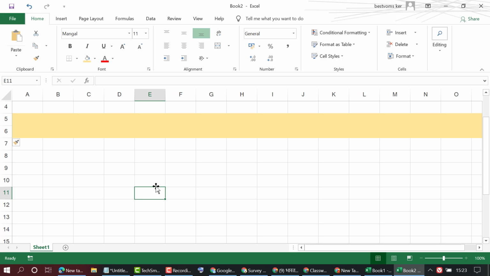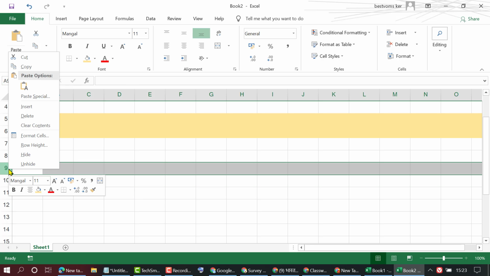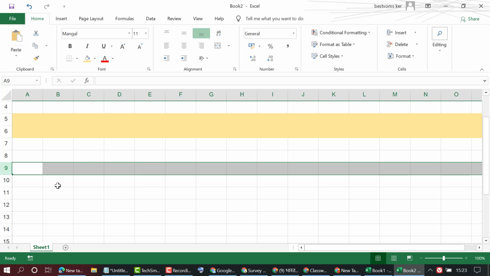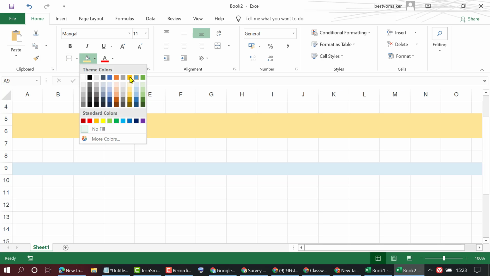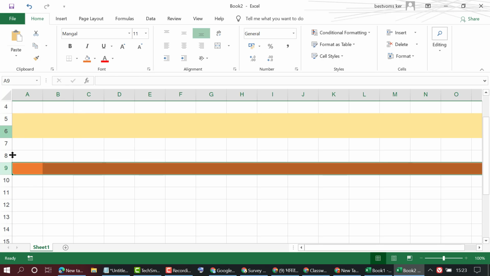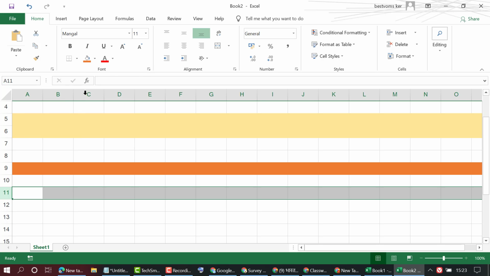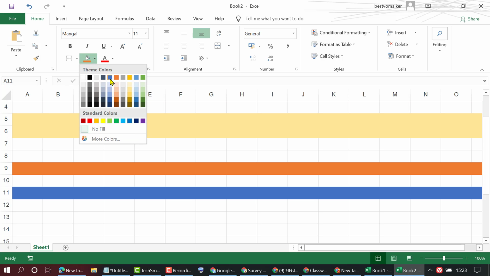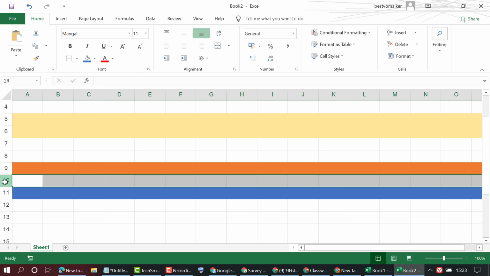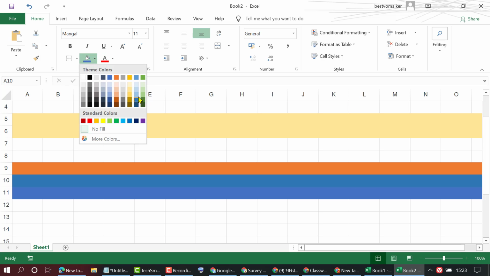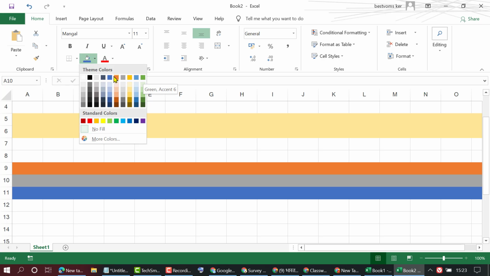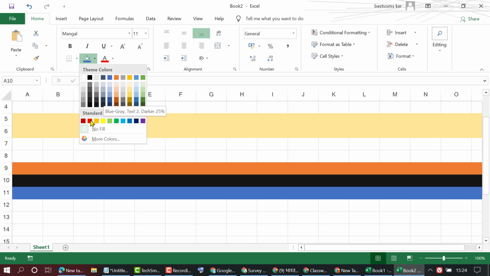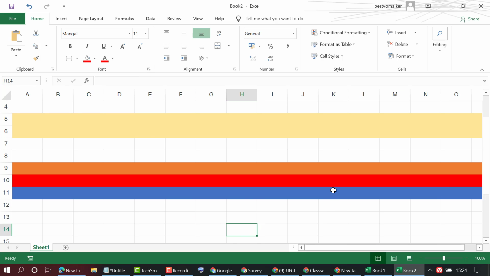So very simple and easy. Right click and click on insert. We will change color so we can see properly. This one is the blue color and this one is like red color. So now we have these 3 colors, and you want to add a row after 9, so right